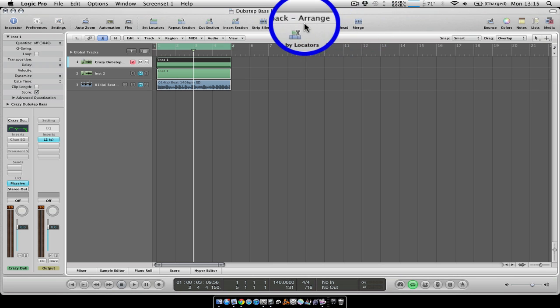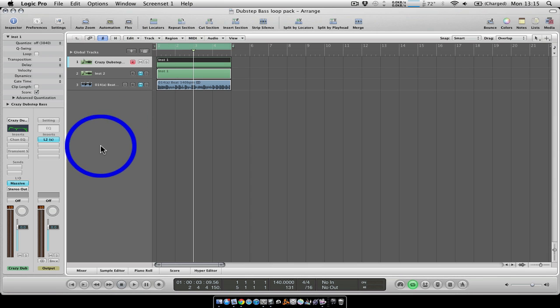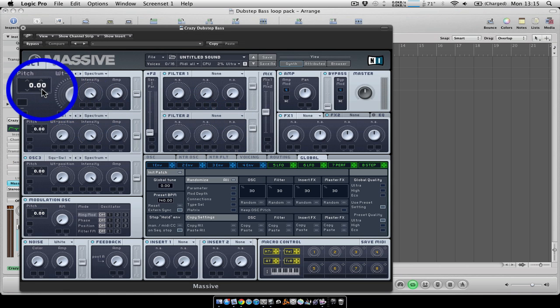Today I'm going to show you a dubstep bass line in Massive that you can create, something that you can experiment with. It's quite easy to make, but the results can be quite impressive. So we're going to be using one oscillator in Massive. This is Massive if you've never used it, by the way, made by Native Instruments. We're going to put that down an octave, so it's at -12,